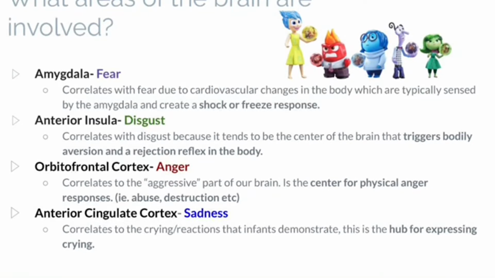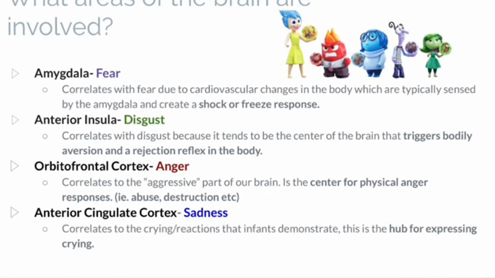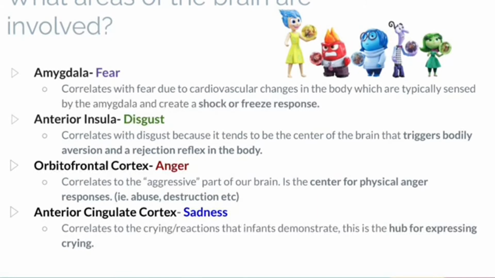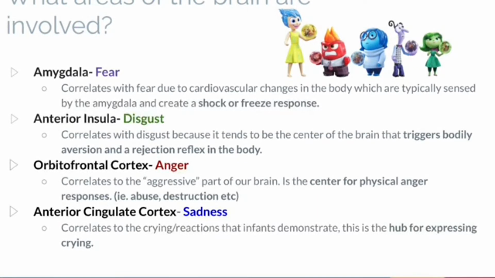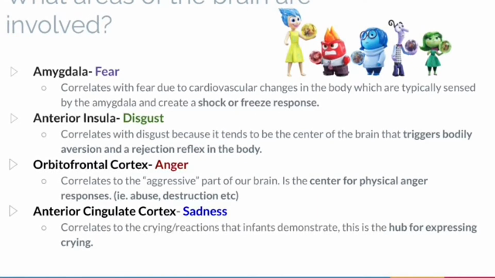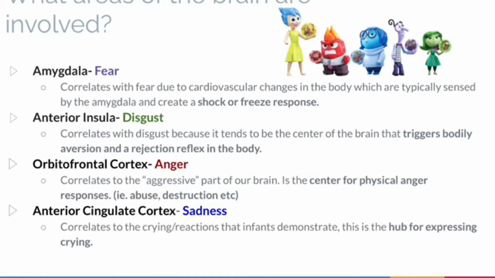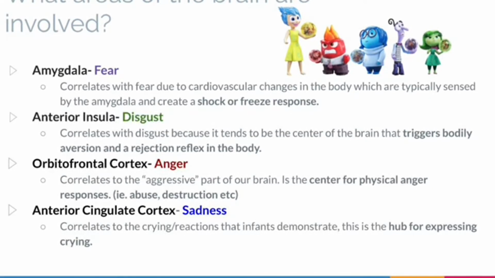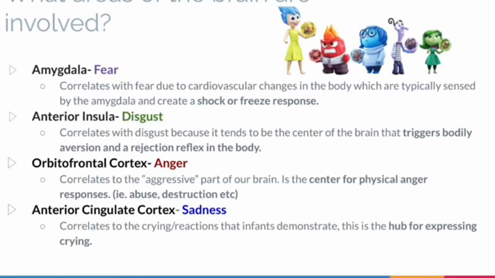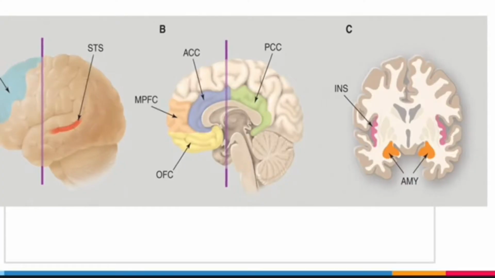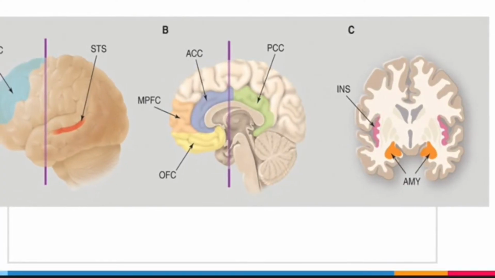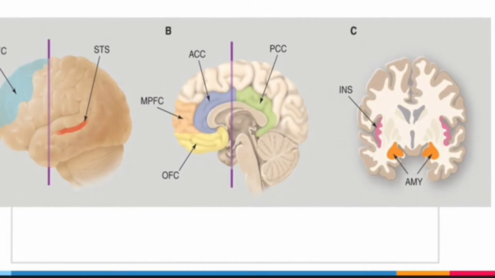And then the anterior cingulate cortex is what is related to sadness. This is mainly due to the crying reflex, and this is correlated to low serotonin levels possibly, and a release of norepinephrine. So this image is just images of the brain that show the parts of the brain as mentioned